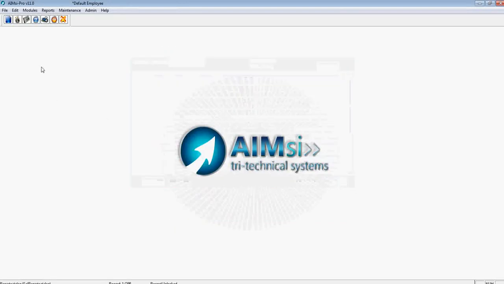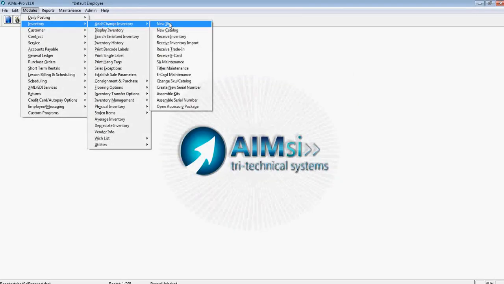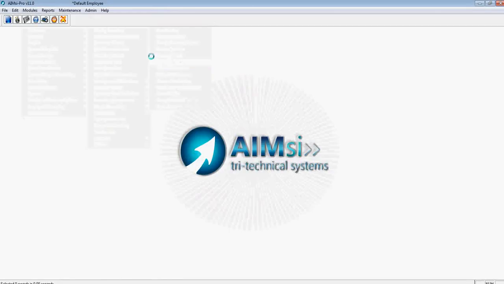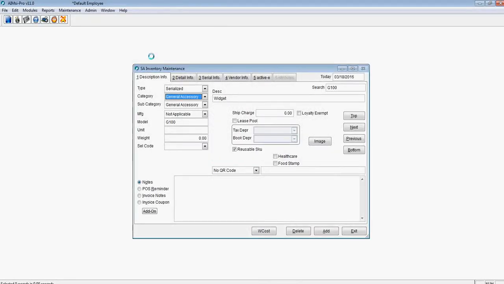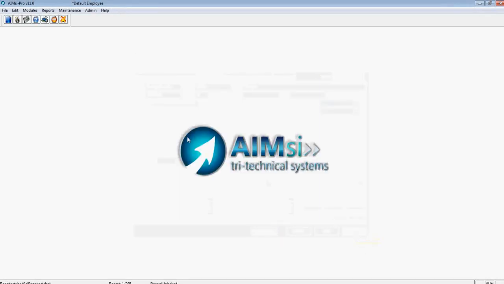So if I pull up SA maintenance for that SKU, it goes to there, and I can go into serial info. There's my ISI, 1012. So now let's say Mary decides she doesn't want the item that she purchased and just wants to return